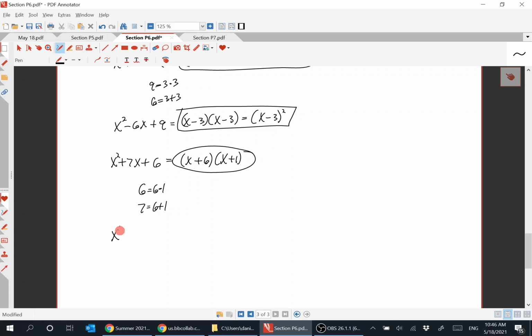Similarly, if you had x squared minus 7x plus 6, then they have to be negatives, x minus 6, x minus 1. All right? So that's the case when the constant term, the x to the 0 term, is positive. If the x to the 0 term is negative,